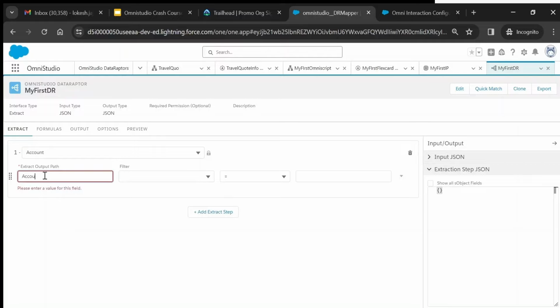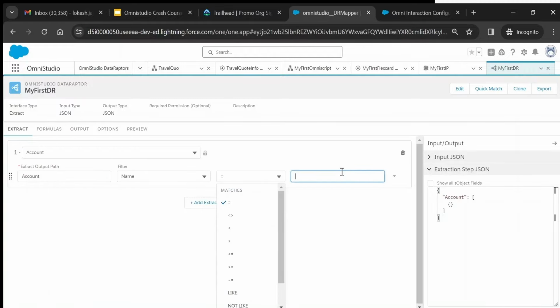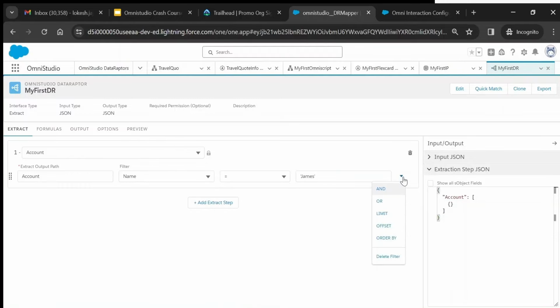Here you can add your filters also. Like suppose I give the filter as name and say name is equal to, it can also be like not equal to, not like, say for example James. You can also apply limit here, or you can do an order by, and you can add additional conditions and define them under and or. Suppose I order by name,